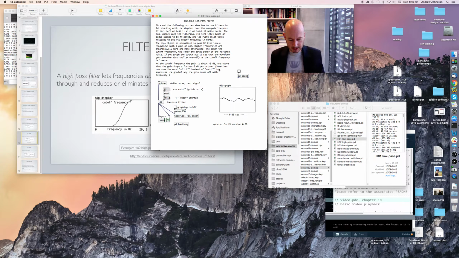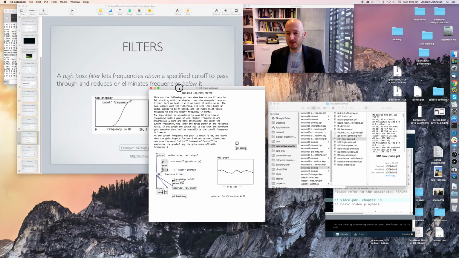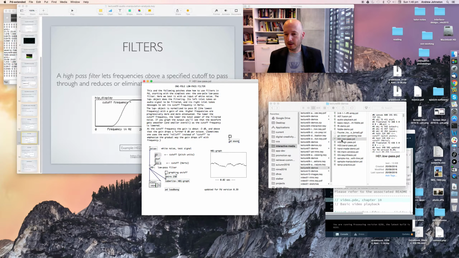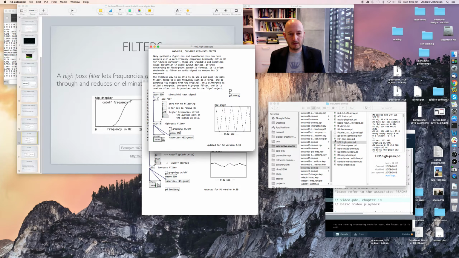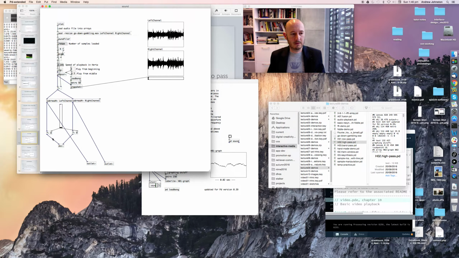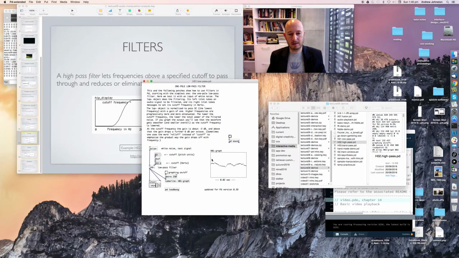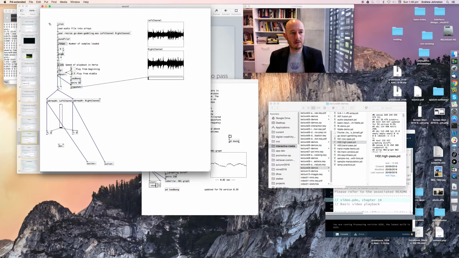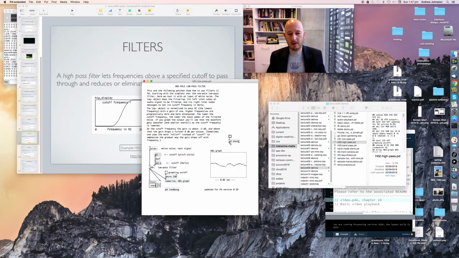So this example is just using white noise as input. What I should do is this. Instead of using white noise, let us use our example that we've been using throughout this little series of